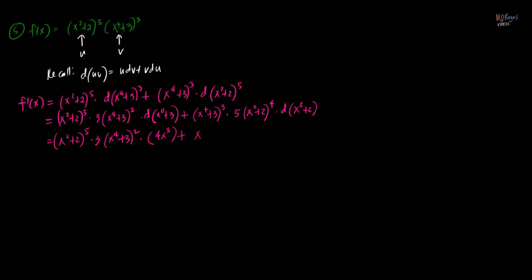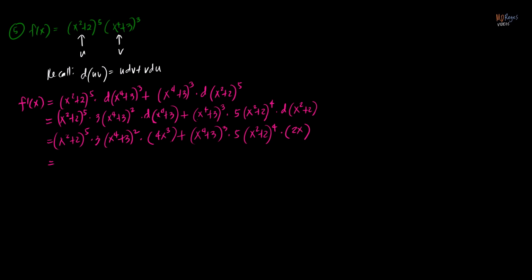The next term is x to the fourth plus 3 cubed times 5 times x squared plus 2 to the fourth, times the derivative of x squared plus 2 using power rule. For the derivative of x squared, it's 2x plus the derivative of 2, which is just equal to 0. Okay, let me just rewrite